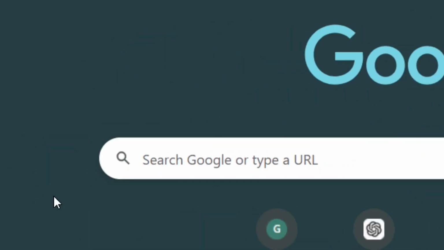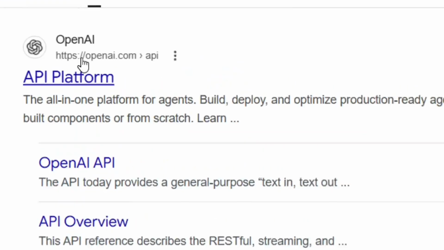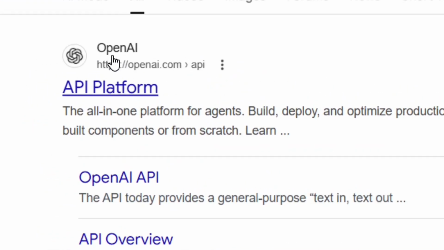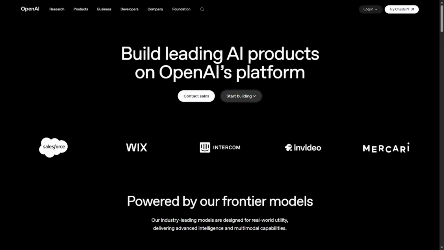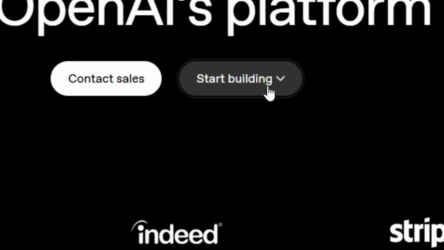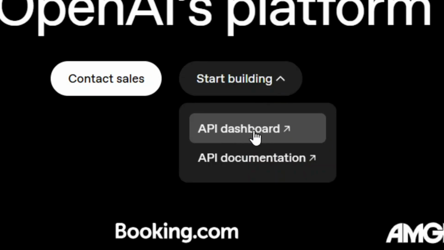Simply go to Google. From Google search, type in OpenAI API and then hit enter. Select the official site of OpenAI. It's going to bring you right here. Over here you see that we have the option that is start building. Click on the down arrow, and then simply come here to the API dashboard and click